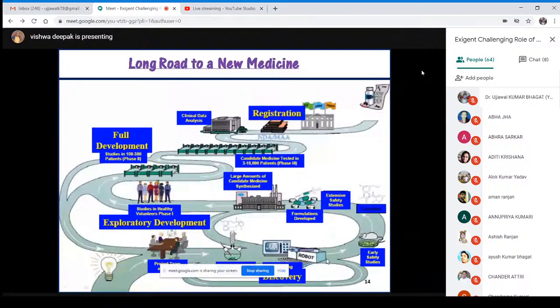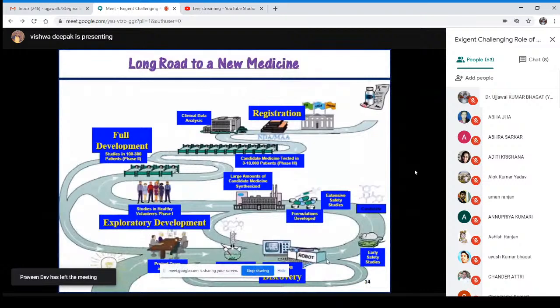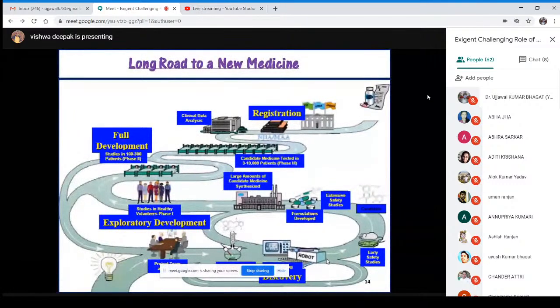Once we have a molecule, we will test the toxicity, whether our molecule is toxic or not. Toxicity will be tested on normal cells. So we have a molecule which is showing in vitro activity and which is not toxic. Then we will go to do in vivo experiments, in lower animal models like rat and mouse. So suppose we are still lucky and our molecule is still showing very good results in in vivo testing. We will go to